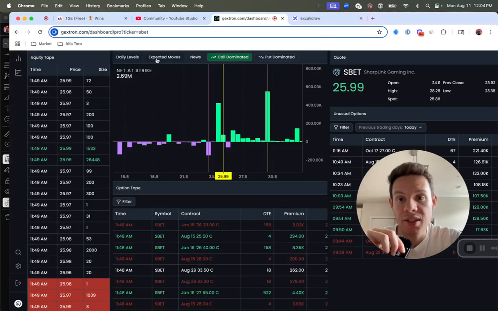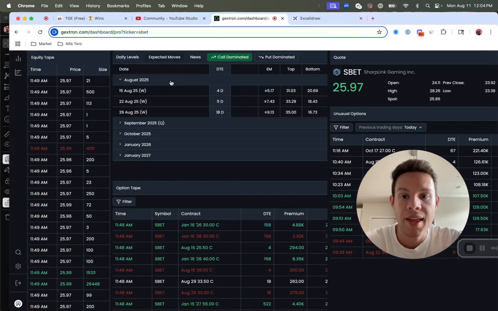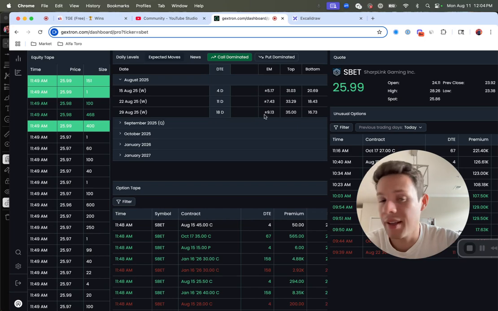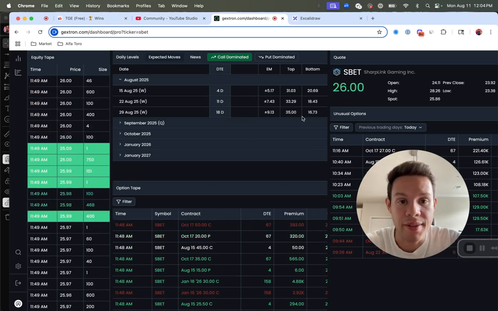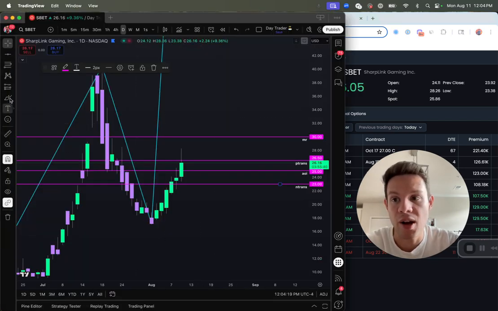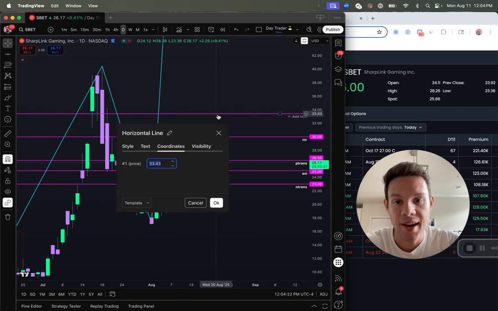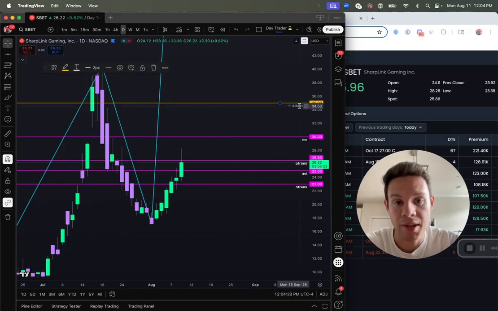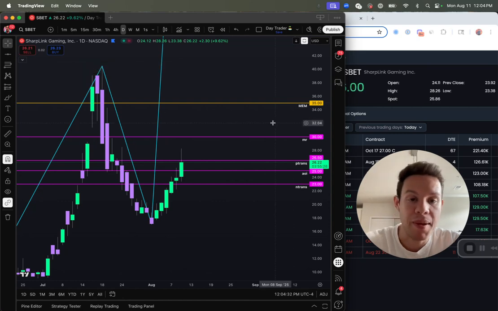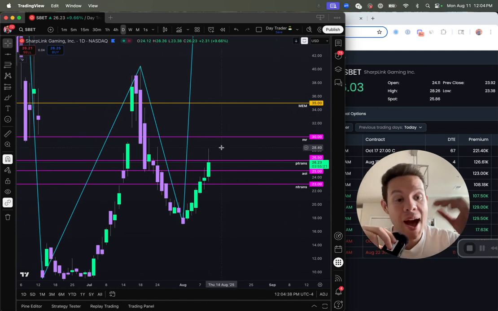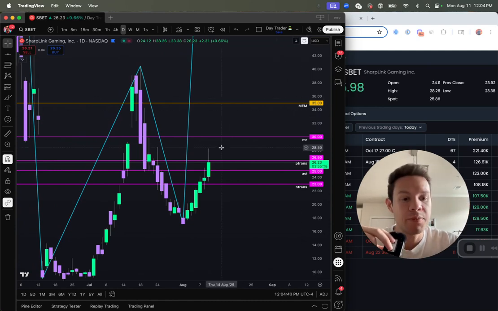Now future projections: we go into this tab called expected move, and there's columns here. All I had to do here in Gacktron, if I want to figure out the expected move for the end of the month, it says 35 right now. That's what Gacktron is telling me. So all I do is just draw a line here, say 35, double click on that, change the color of the line to yellow, and label it as MEM, monthly expected move. And that's it. Now I have targets of what is possible for SBET to hit by the end of the